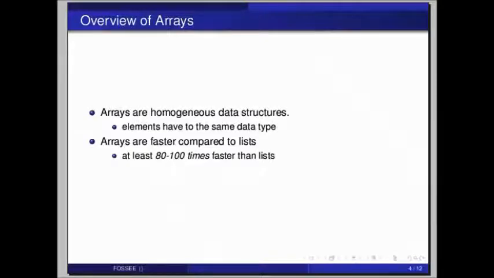Arrays are homogeneous data structures. Unlike lists, arrays cannot have heterogeneous data elements. They can have only one type of data as their entries, be them all integers, strings, or maybe floats, but not a mix. Arrays of a given length are comparatively much faster in mathematical operations than lists of the same length because of the fact that they are homogeneous data structures.